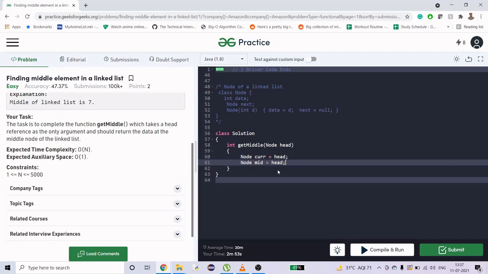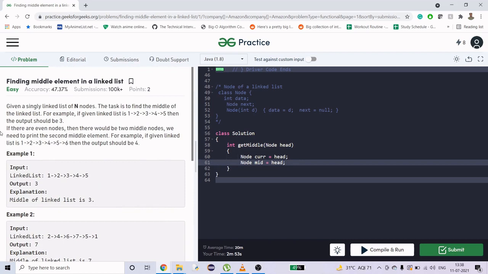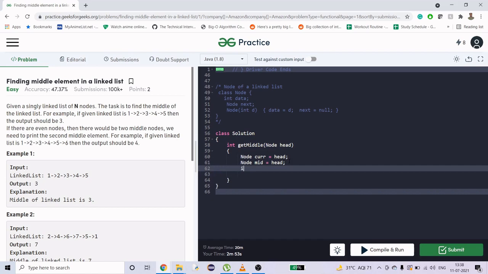Here we are going to keep account of mid on each iteration. There's this line, if there are even nodes then there would be 2 middle nodes, so we are going to take this condition into account also. So we are going to take into account the length while iterating over.